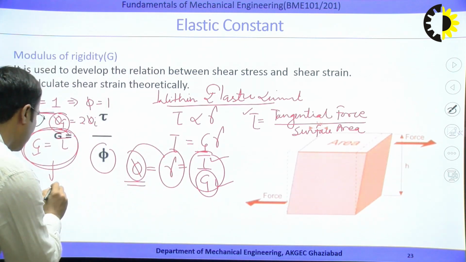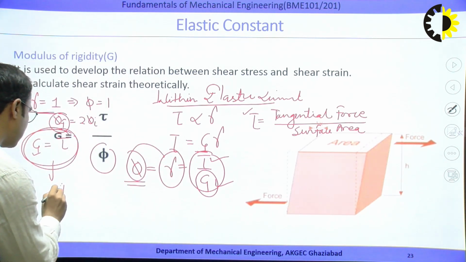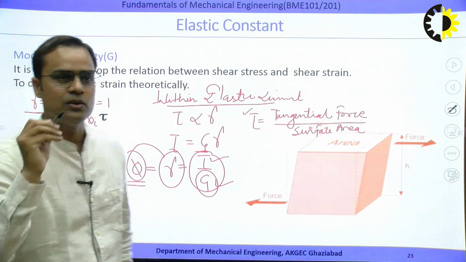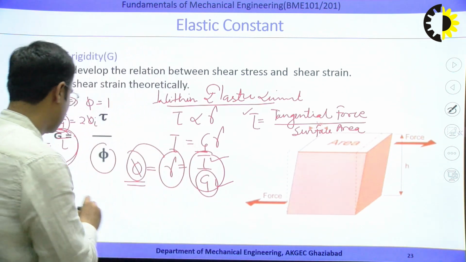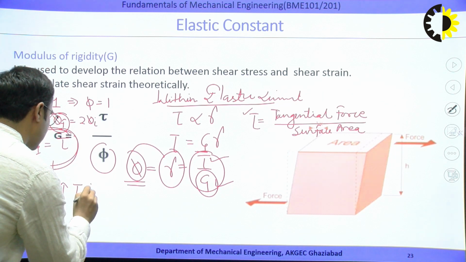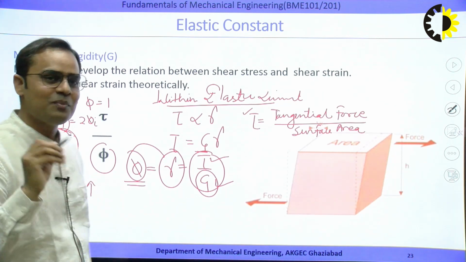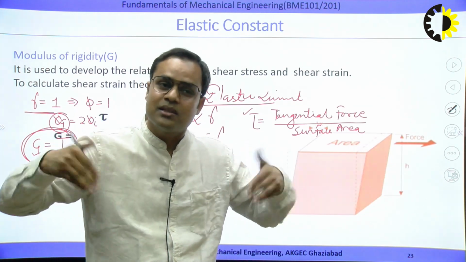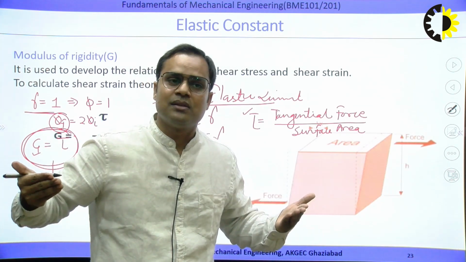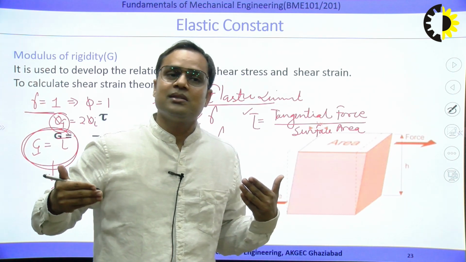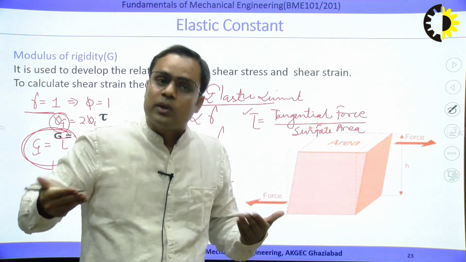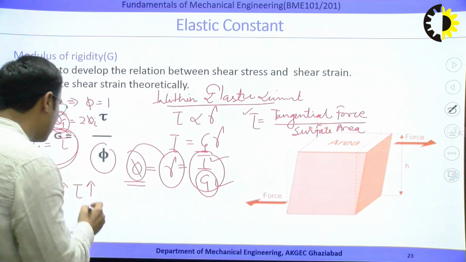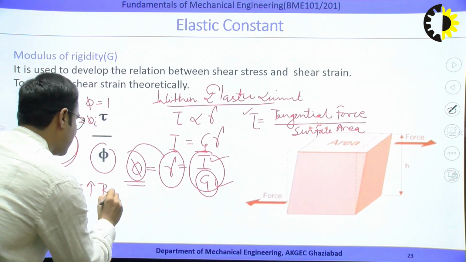Means as the value of G increases, what is the meaning of that? The value of modulus of rigidity increases, shear stress increases. What is the meaning of that? The shear stress increases, stress increases in the body, any kind of stress. If the stress increases, that means resistance in the body increases. So, what is the meaning of that? Resistance to